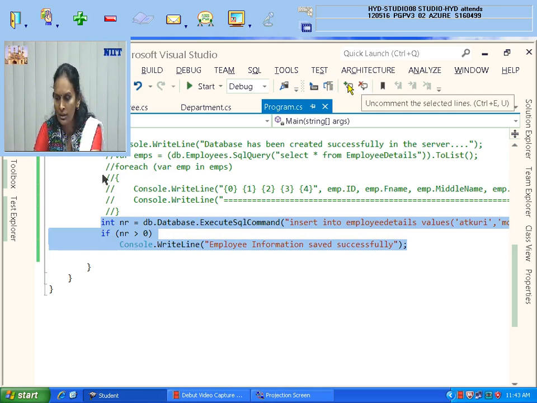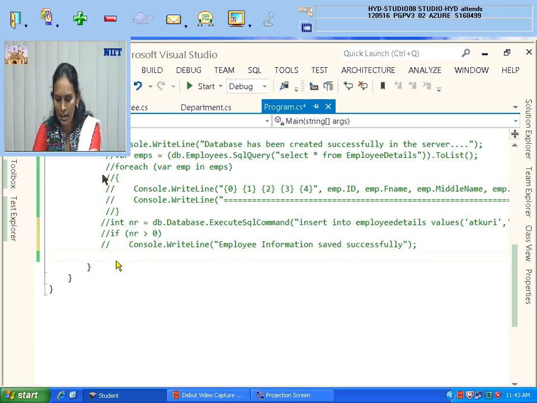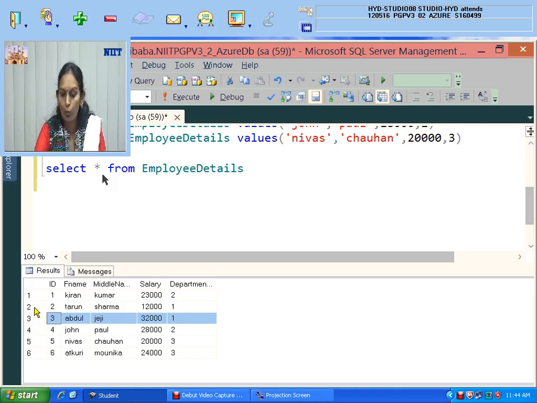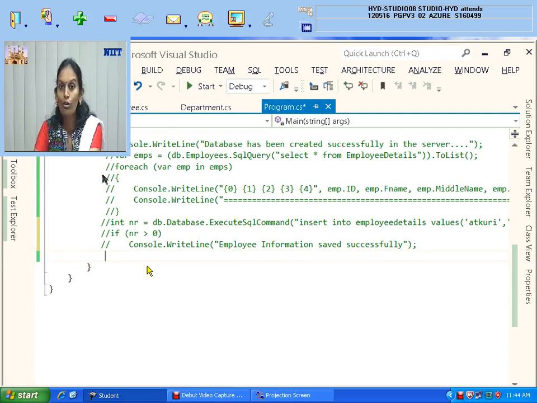And one more thing, my dears, I just want to give you an idea. I don't need to delete only one record. At a time I can delete many. Think that based on department number 1, where department number is equal to 1, if I try to delete, both the records will be deleted, that's Tarun and Abdul also. Let us do that work, because you need to understand that also. Department-wise I will try to delete. So 2 rows need to be deleted.